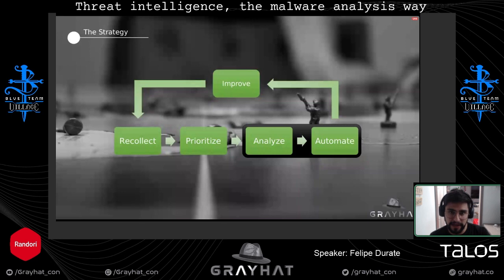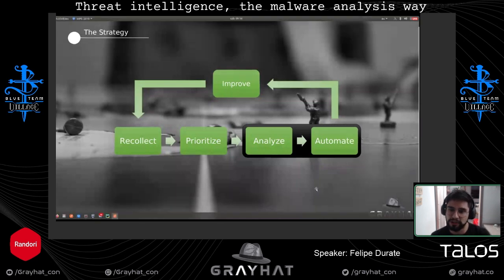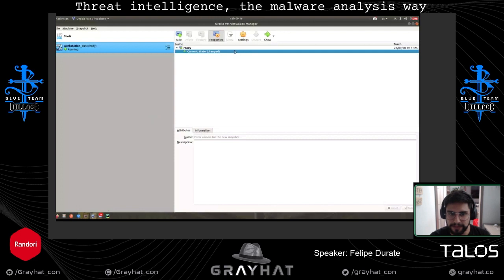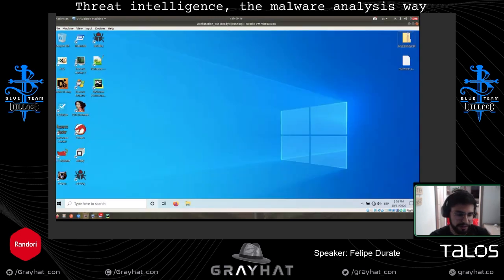Having that clear, we are going to move directly to a virtual machine and start playing with malware, okay? So we are going directly to the most interesting part of the workshop.